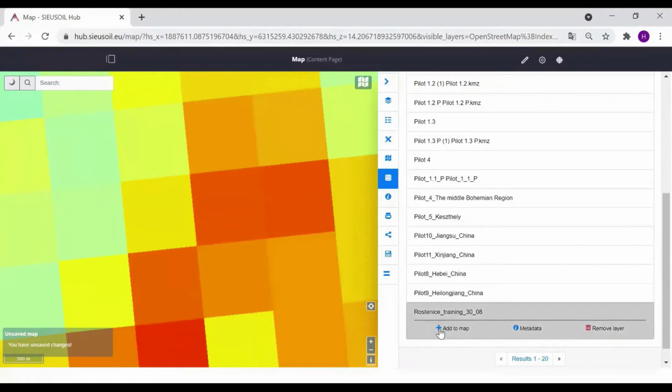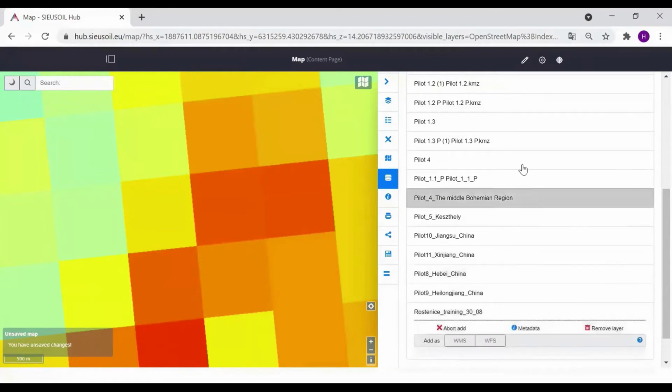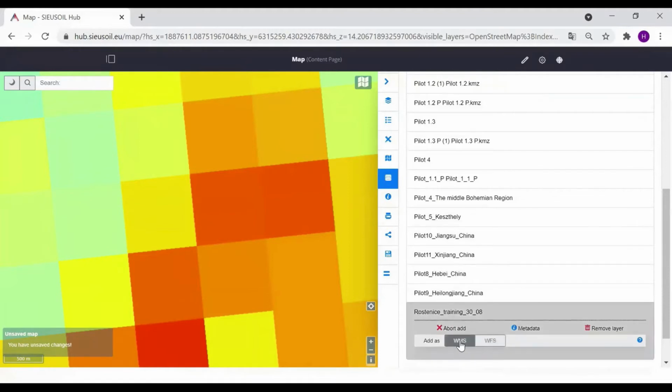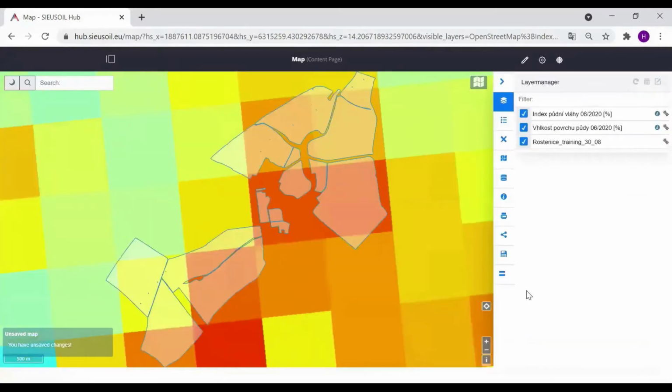And by clicking on the Add to Map icon, you will see that you have an option to upload it via WMS or as a WFS. So I will click on WFS, and now the created layer is in the editable format.